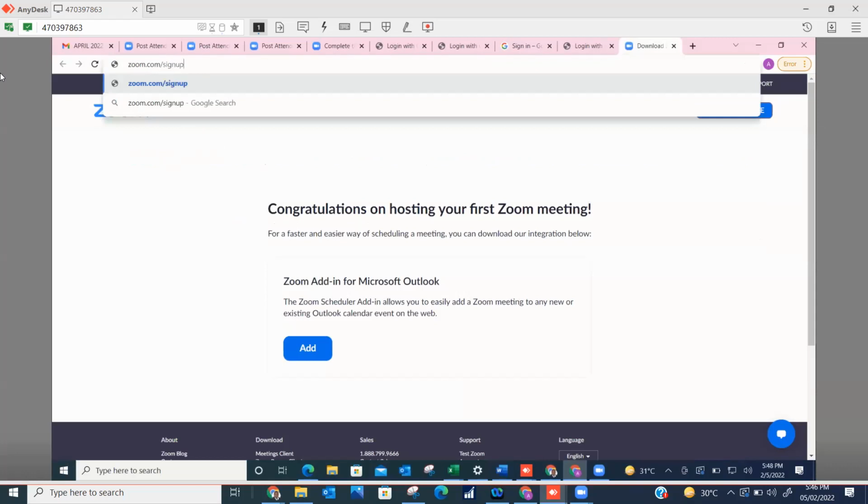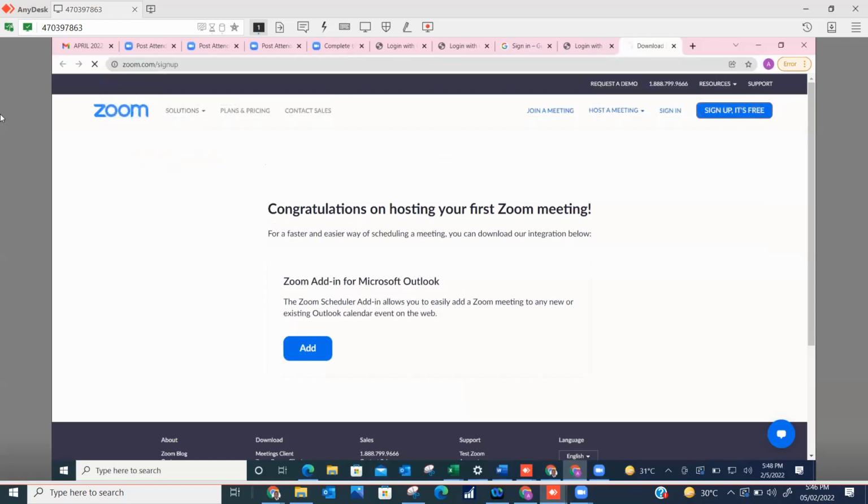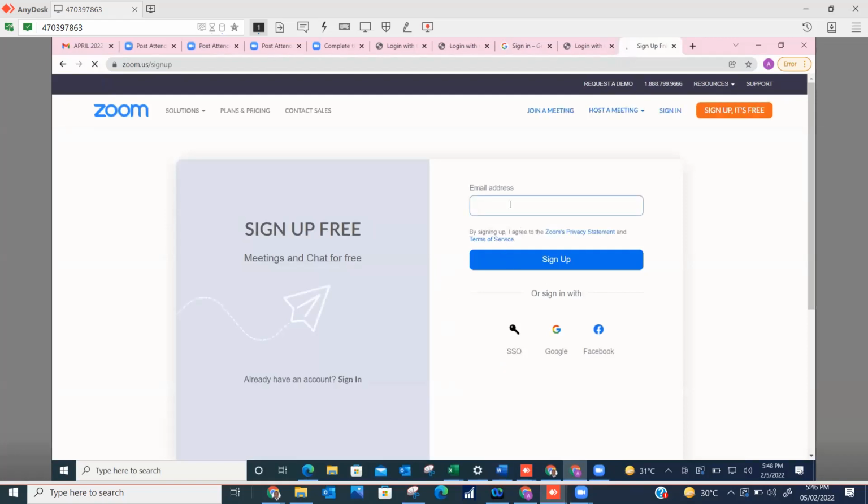Zoom.com/signup. So you see, it's asking you for your email address. So if your email address is Yahoo,